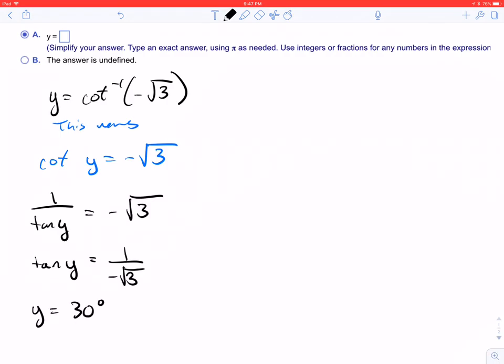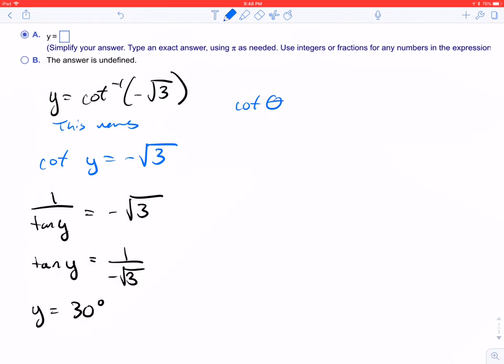We're 30 degrees away from the x-axis, but if we have a negative slope, that means we're either in quadrant 2 or quadrant 4. Now, we need to back up, because if we're going to do cotan, we need to be clear about the restriction, right? So if we're looking at cotan of some angle,